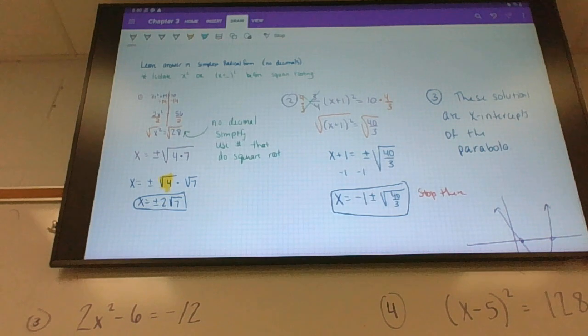Your goal isn't to wait for someone to do it on the board, copy down, and do work, get it done, right. Your goal is to try to figure some of these out. Okay? So if you're feeling like you don't know anything, take the next 15 minutes to figure out 1 and 2. If you're kind of in the middle, you need to get to 4. If you're working very quickly, what you need to do